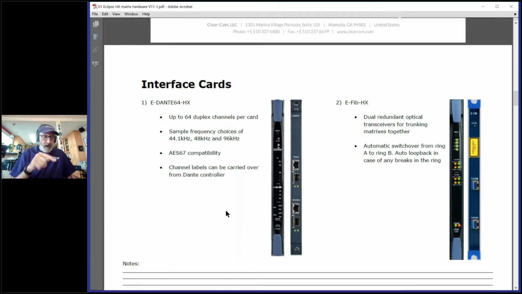When I push a button on my panel to talk to the director in the other matrix's studio, it's called intelligent trunking. Once I've trunked these two systems together, when I push that button, first of all, the other matrix's resources are now available to my matrix,